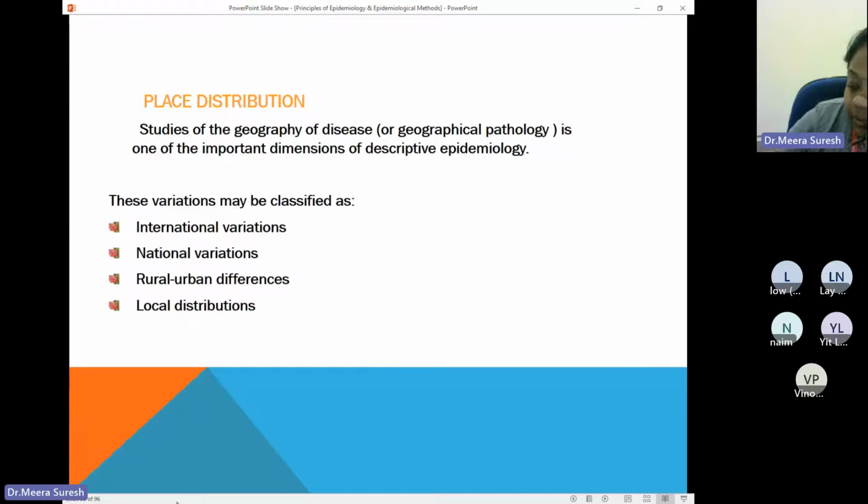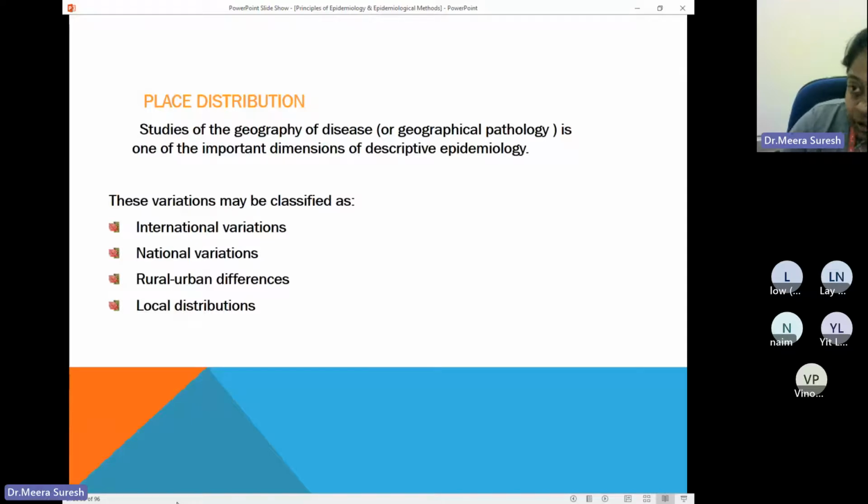So for many diseases, we can see that there is an international variation. If we take tuberculosis, most of it will be in India and other African countries. So it will be varying. But when we go to neurodegenerative diseases, like stroke, we can see the incidence might be more common in well-developed countries like the US, but not that much in a poor country. So for any disease, there will be some international variation.